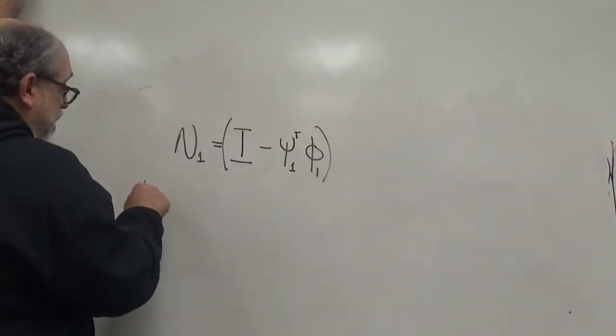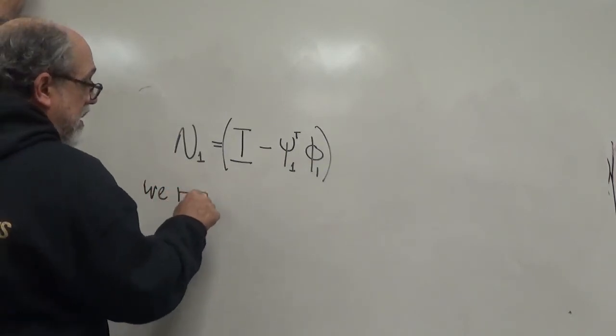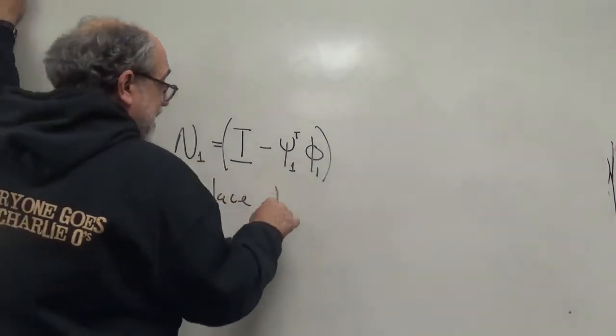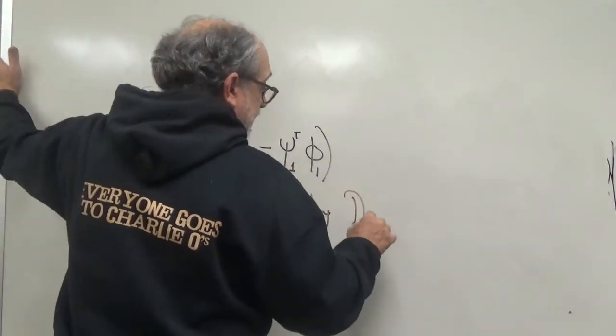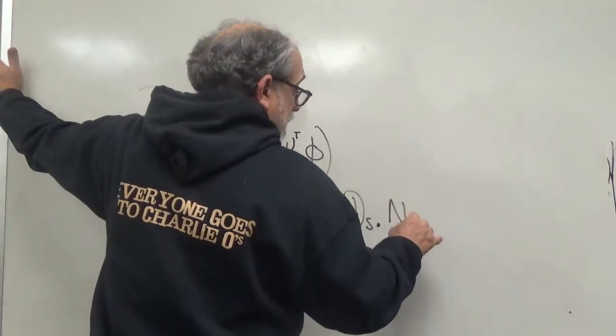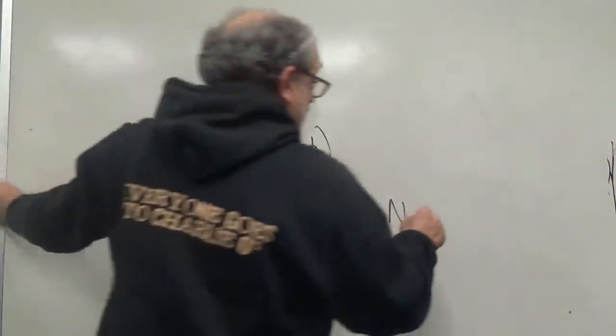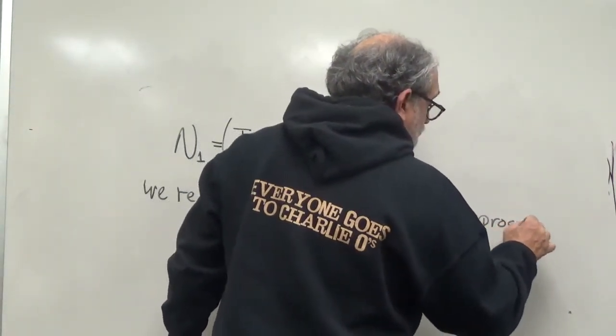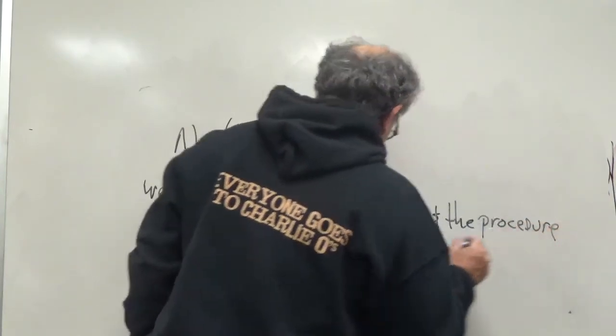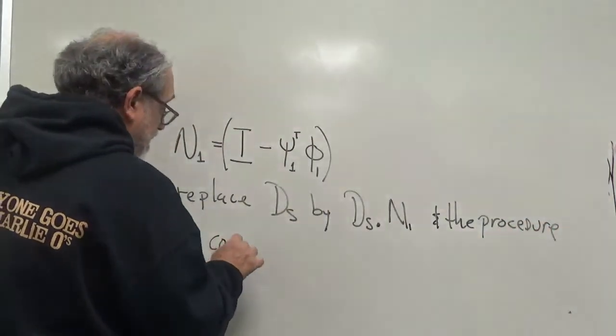So we replace ds by ds times n1, and the procedure converges